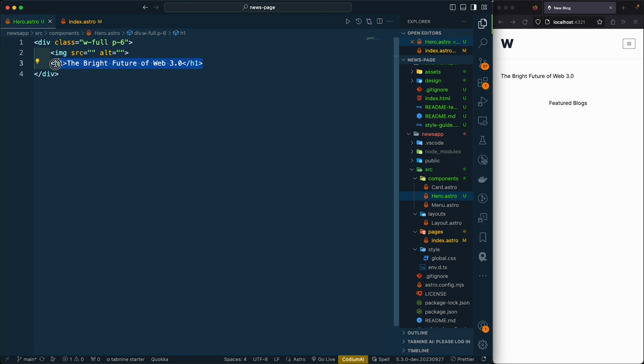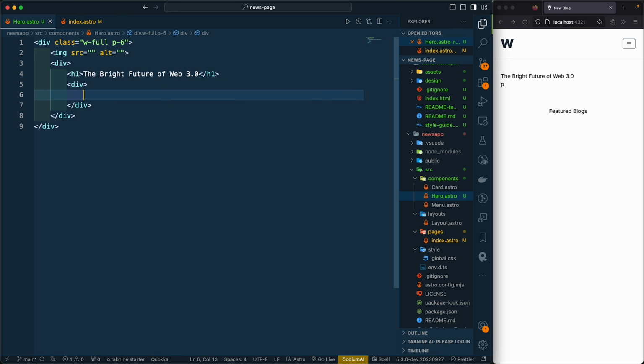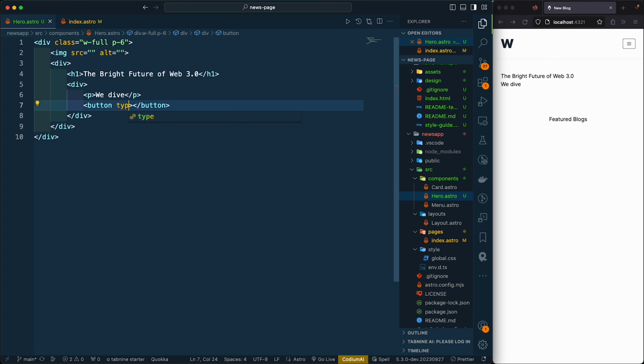Then we have a div over here, and it has another div which has a paragraph of some content, and then it has a button of type button, and class